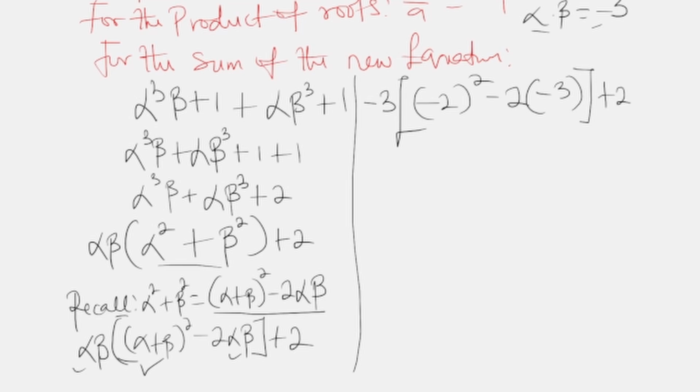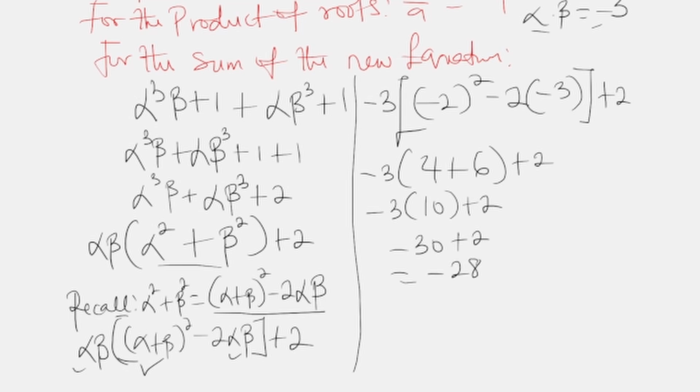Let's simplify this. We have -3 outside the bracket. -2 squared is a 4. Now, -2 times -3 will give you a plus 6. And outside the bracket, you still have your plus 2. Let's add what is in the bracket: 4 plus 6 will give you a 10. And outside the bracket, you still have your plus 2. Now, -3 times 10 will give you -30 plus 2. And then -30 plus 2 is equal to